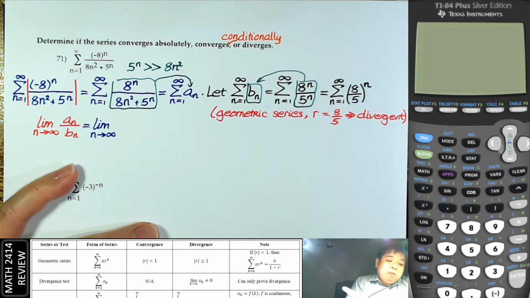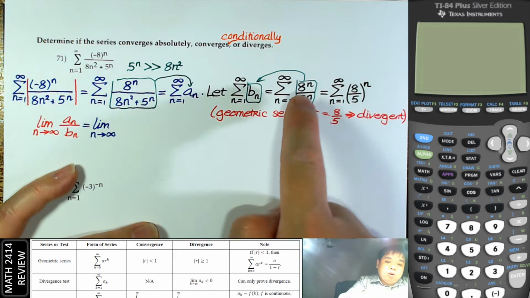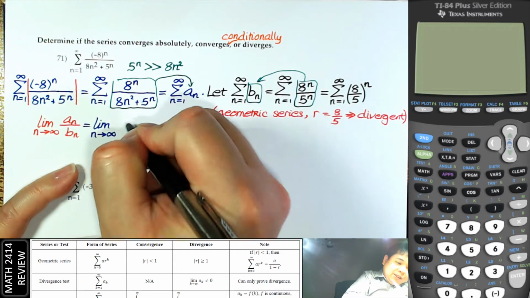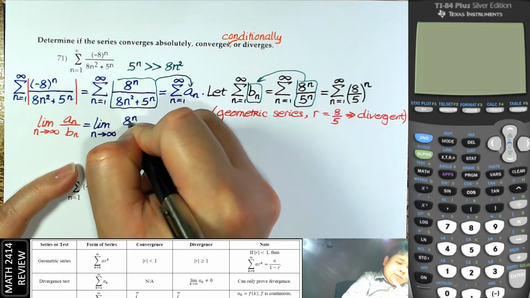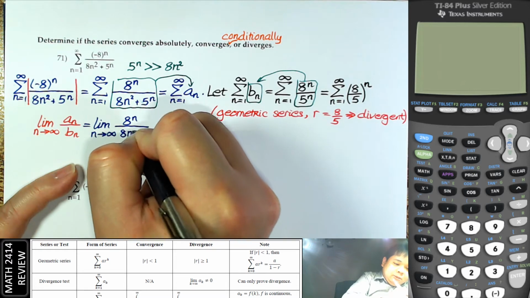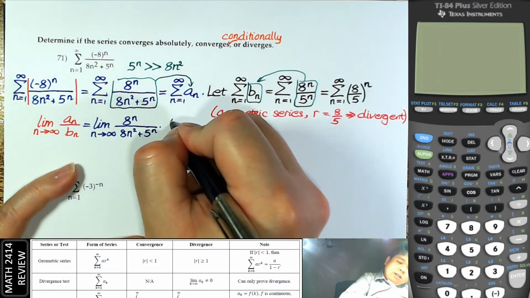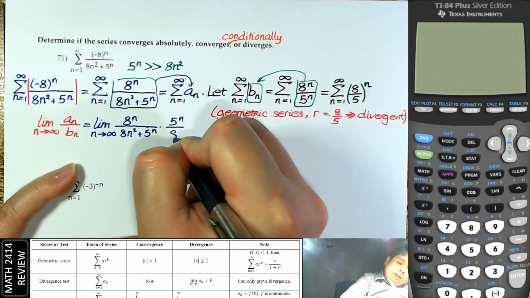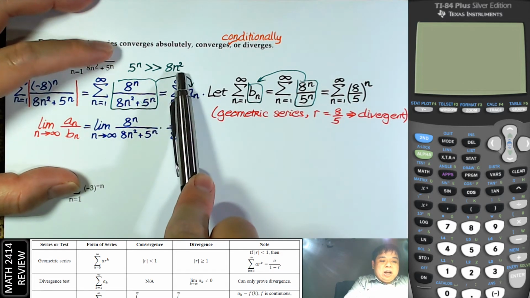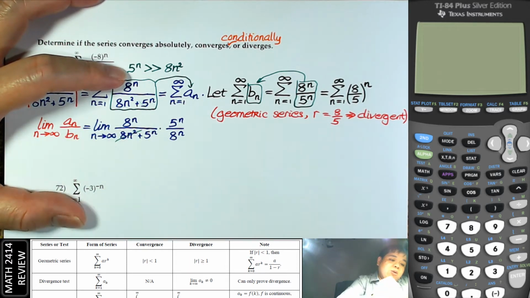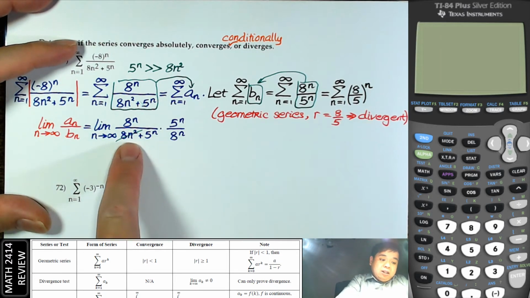We kind of run out of space here, so I'm just going to say that divided by that, or that multiplied by the reciprocal of this one. It should have more space on this problem. Multiply the reciprocal of this. Now, we did have that 8n squared is slower to infinity than 5 to the n, so we can just cross that out. We take the one that goes to infinity the fastest. Now, when we ignore that,